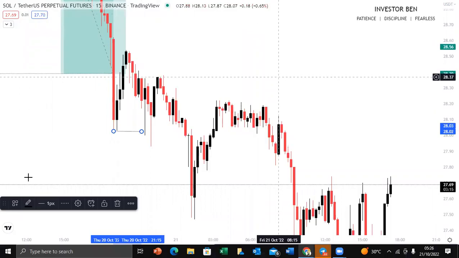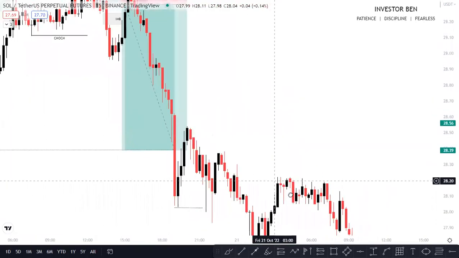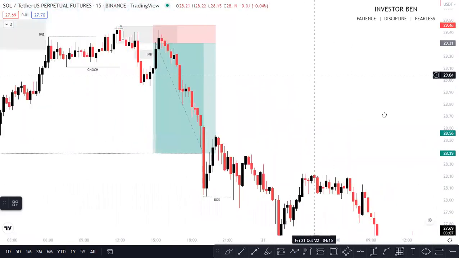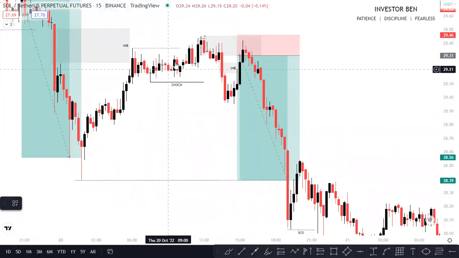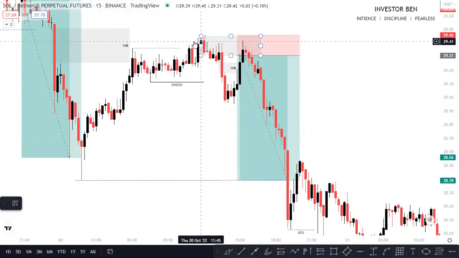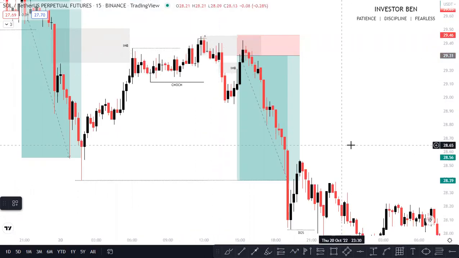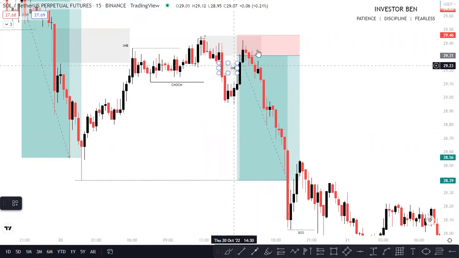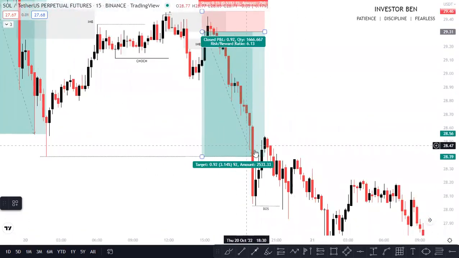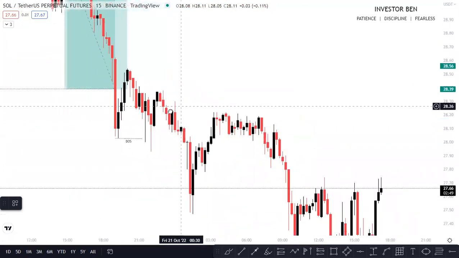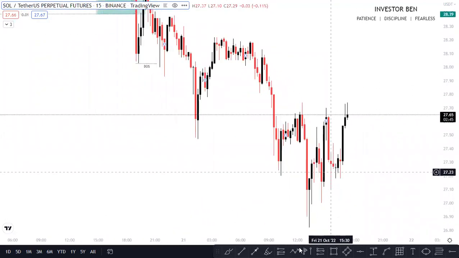Okay, so we have a BOS at this point, a BOS at this point, another BOS to the downside. This is continuation. Like everything I've said, if you look at this structure, it's combined with change of character. Checklist for choosing an order block: it must sweep liquidity from the other block, right? An imbalance must be created, price mitigated from there. You target the low as your take profit target, and yeah, that is it. So here is another BOS, right? Another BOS at this point,